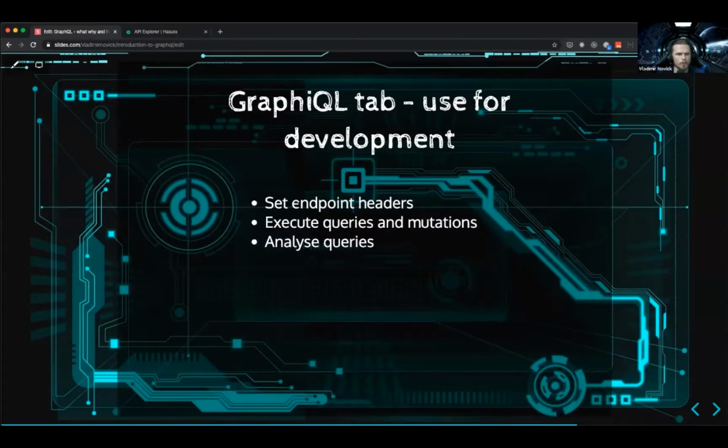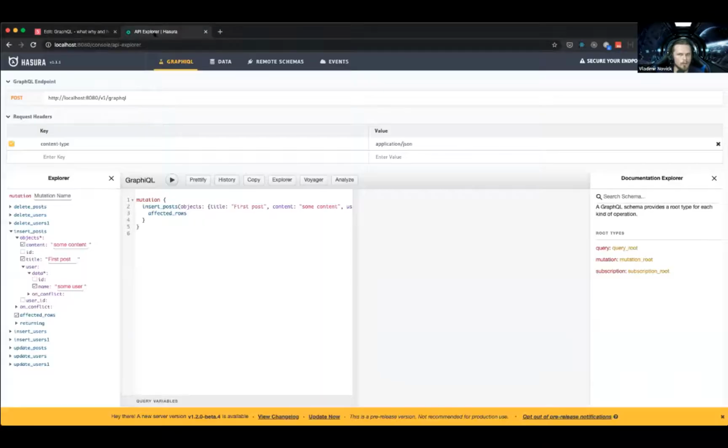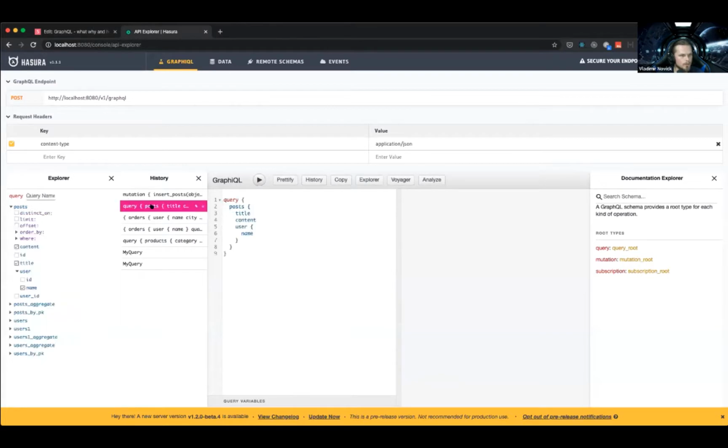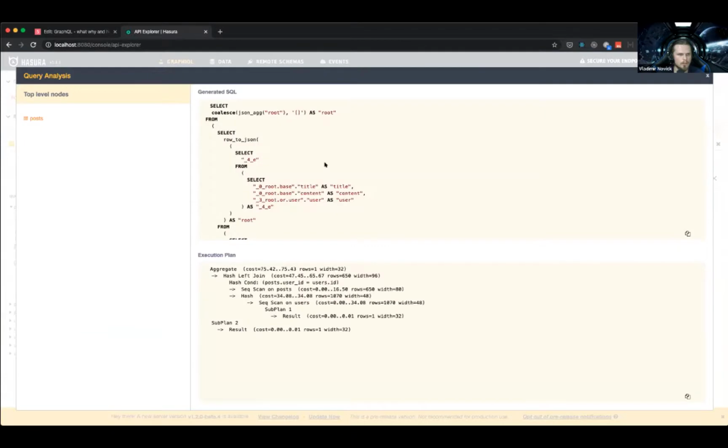So Graphical Tab is, you can set headers, you can execute queries, mutations, you can analyze queries. Speaking of that, if you go inside history, you can click on Analyze, and you will see the SQL statement that is executed.